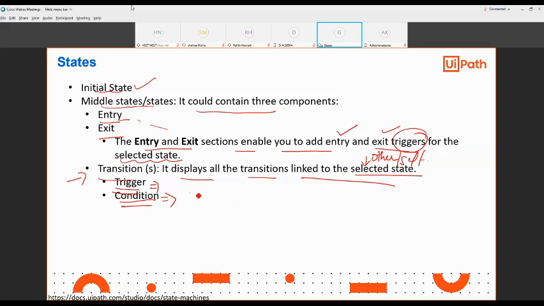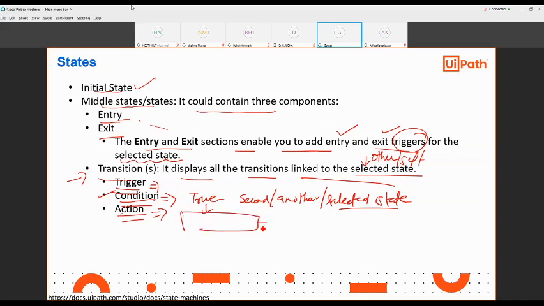If it is true, it will go to the second state, or you can say another state, the selected state, whatever state we have mentioned in the transition. And the third part is the action. If this condition is true, then what you want to do, you mention in the action. That will come inside the action part.